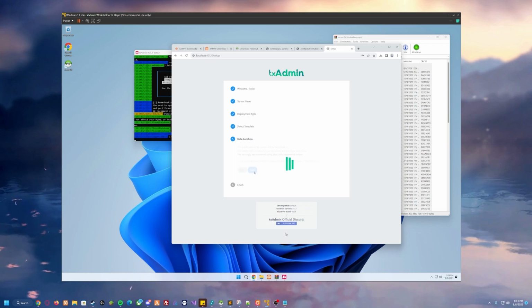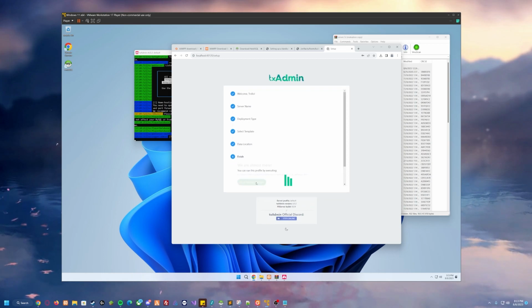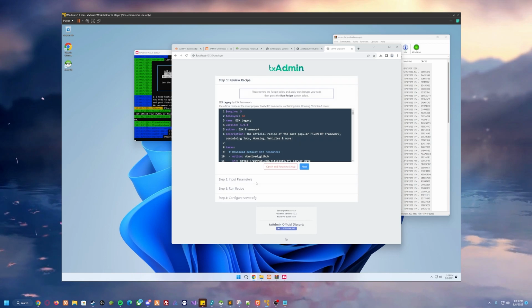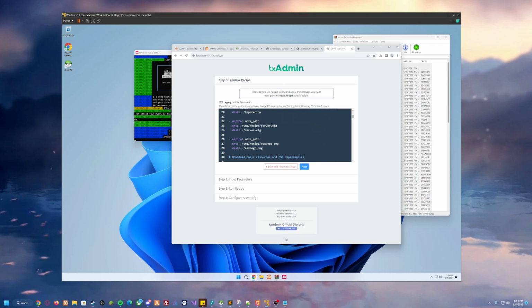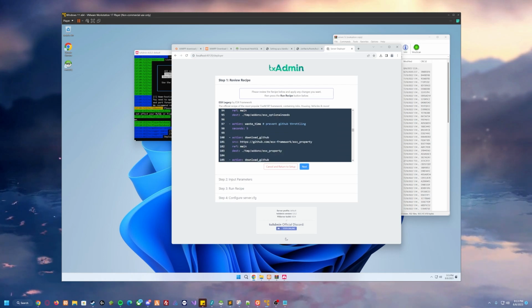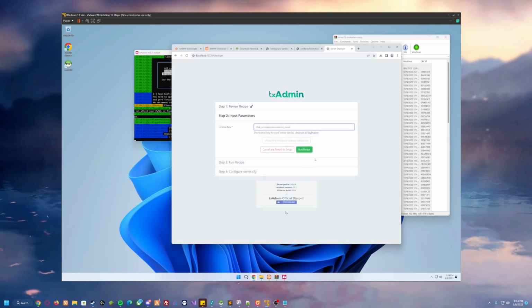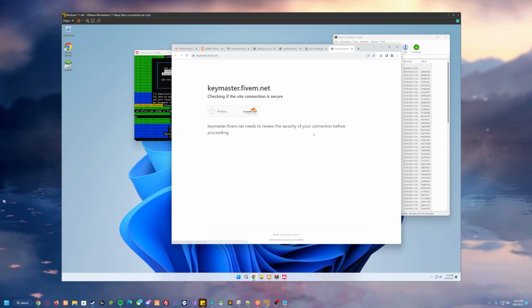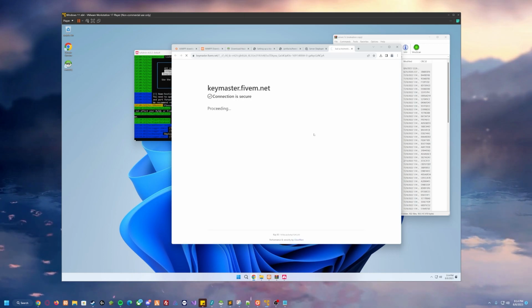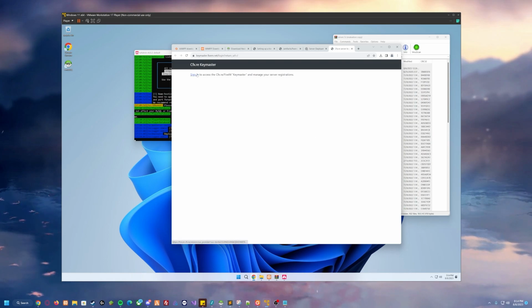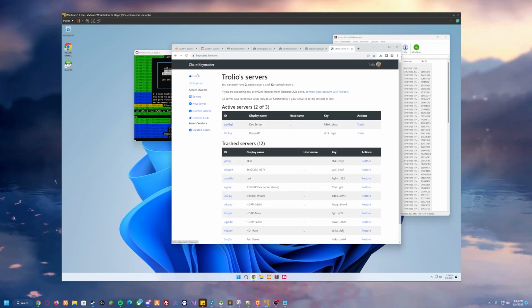So we're going to save, and we're going to go to Recipe Deployer. All of this can stay the same. This is just to download everything that's needed off of GitHub. We click Next, and then it's going to ask for your FiveM license key. You're going to want to head over to Keymaster. You're going to want to sign into Keymaster using your FiveM account, and it's going to give you a bunch